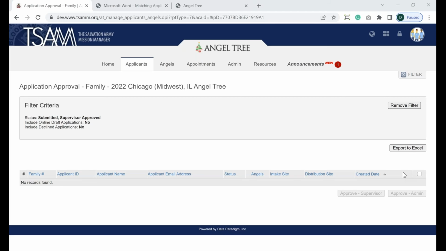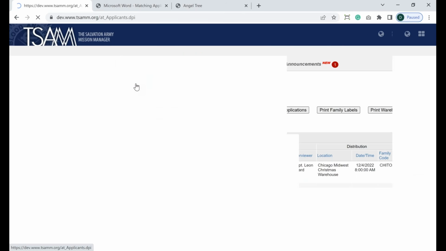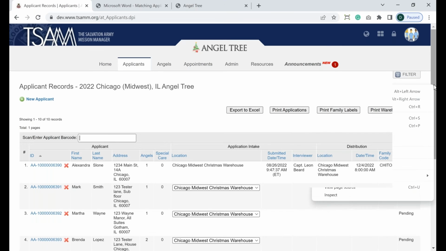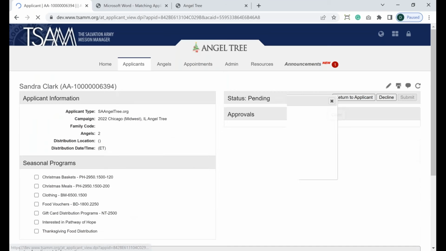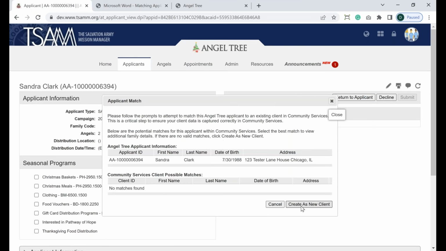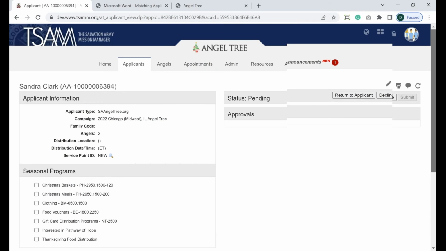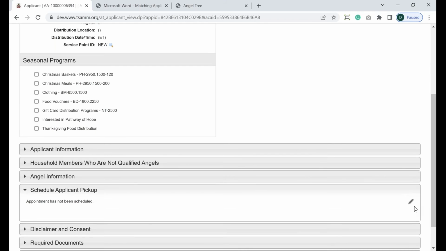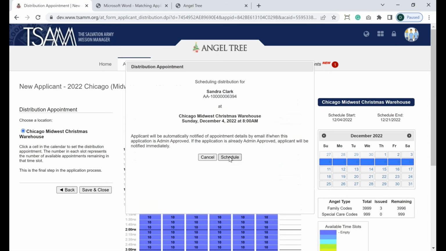The one important thing there that I missed saying, I apologize, is, in fact, let me go back and find one. This is a tip. This is a helpful tip that we've learned over the years. A lot of times what your intake staff will do, they'll go in here, they'll do what they need to do, they'll create the match, they'll assign an appointment, they'll do all of this good stuff. They'll assign an appointment, they'll do the whole thing,